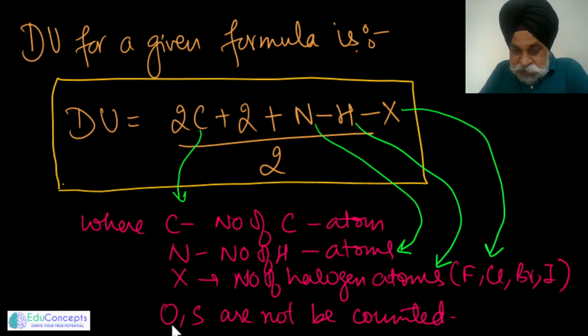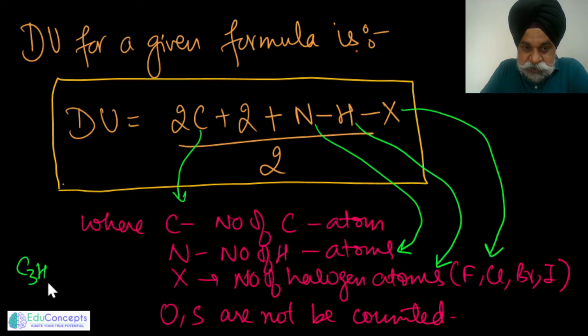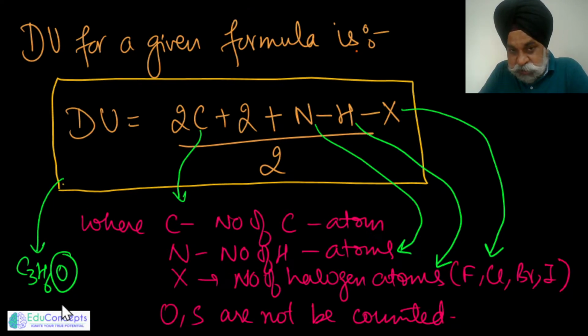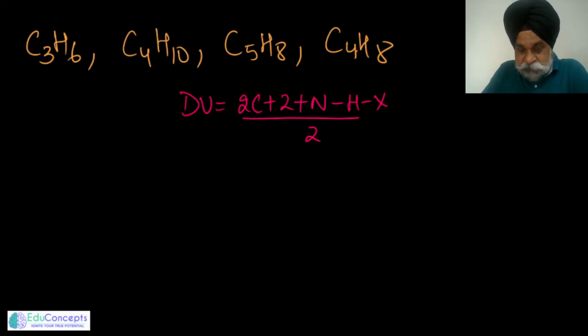And if oxygen and sulfur are there in the molecular formula, they are not to be counted. Whenever any formula is given to you, just like C3H6O, while evaluating the degree of unsaturation you do not have to count the oxygen. You have to just place carbon and hydrogen. Now let me do it for you for some molecules. Just like if I would write